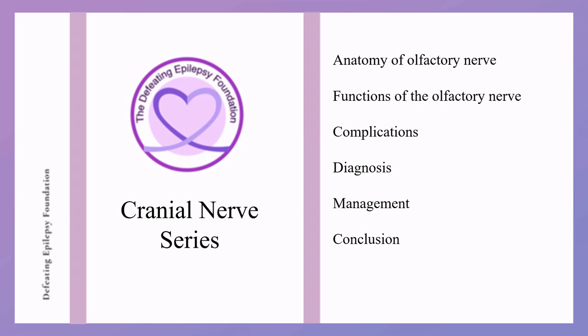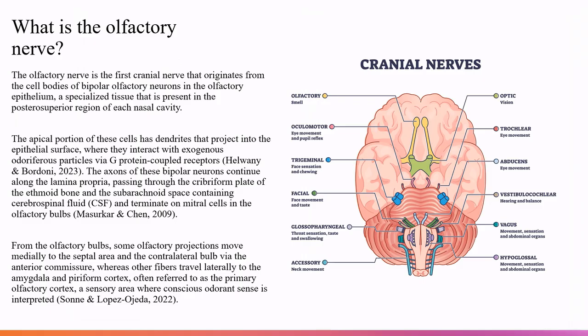The olfactory nerve is the first cranial nerve that originates from the cell bodies of bipolar olfactory neurons in the olfactory epithelium, a specialized tissue that is present in the posterior-superior region of each nasal cavity. The apical portion of these cells has dendrites that project into the epithelial surface, where they interact with exogenous odoriferous particles via G-protein-coupled receptors. The axons of these bipolar neurons continue along the lamina propria, passing through the cribriform plate